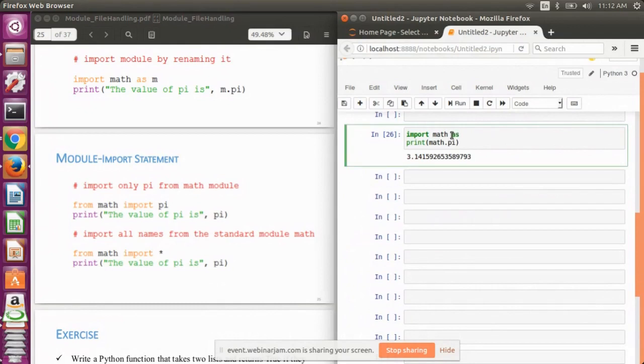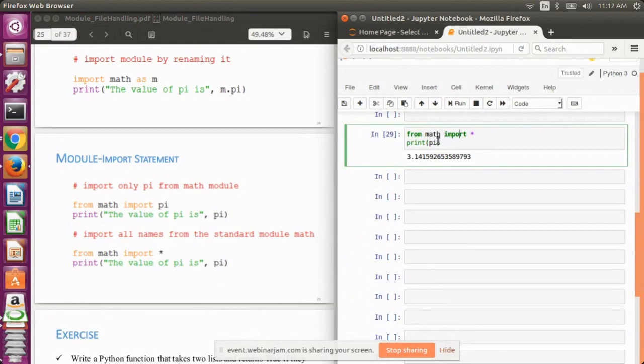Now if I write import math as m, it's the same. Now instead of this, if I use from math import star, the value has got printed.